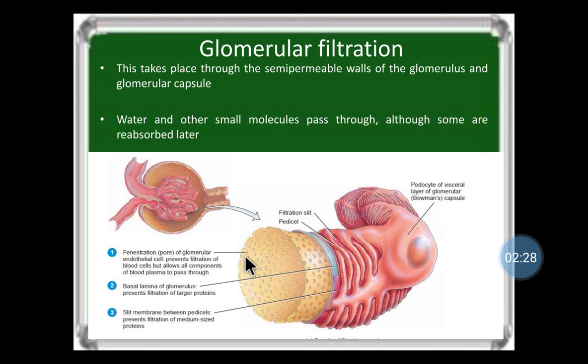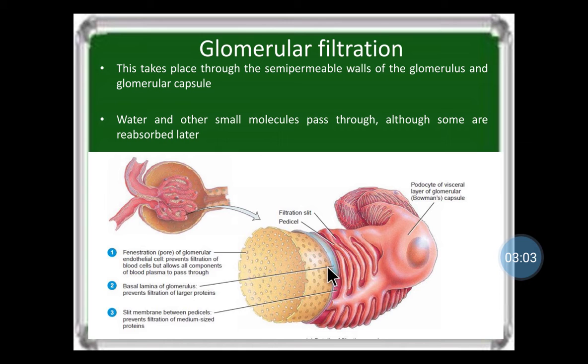There are three principles for the filtration. First, the glomerular capillaries are so coiled that they cover a large surface area for filtration, because they are so long and extensive. Second, the membrane is thin and porous, so the glomerular capillaries are about 50 times thicker in permeability than other capillaries. Third, the blood pressure in the glomerular capillaries is high because the diameter of the efferent arteriole is smaller than that of the afferent arteriole.